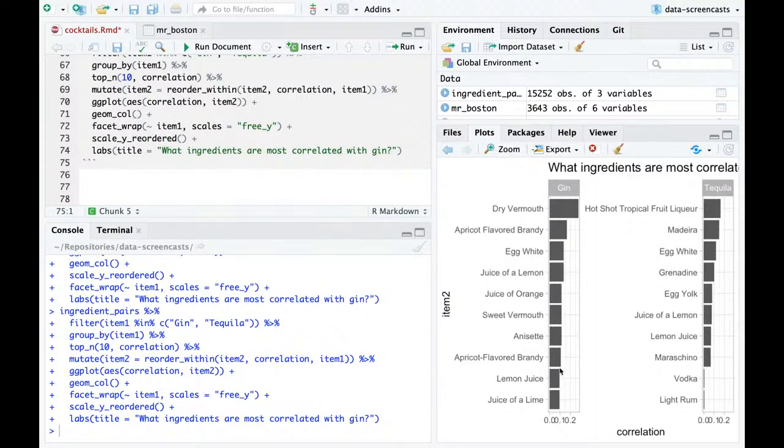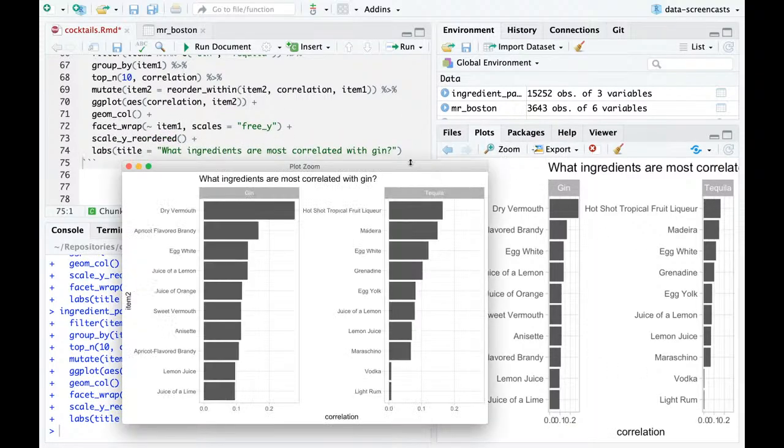Here we go. Notice that tequila is fairly highly correlated with hotshot, tropical fruit liqueur, okay? Madeira, egg white, grenadine, egg yolk, but then it kind of drops off quickly after maraschino. All right, so